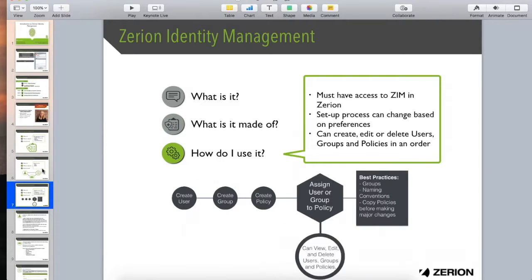And next, how do we use it? The first is you must have access to Zerion Identity Management through the Zerion web services. The second point here is that you set up these processes, and they can change based off of the preference that you have in this setup process. And the last thing to note is that you can edit users, groups, and policies at any point